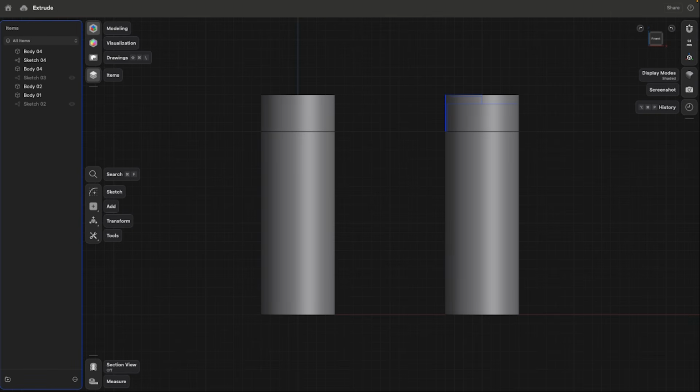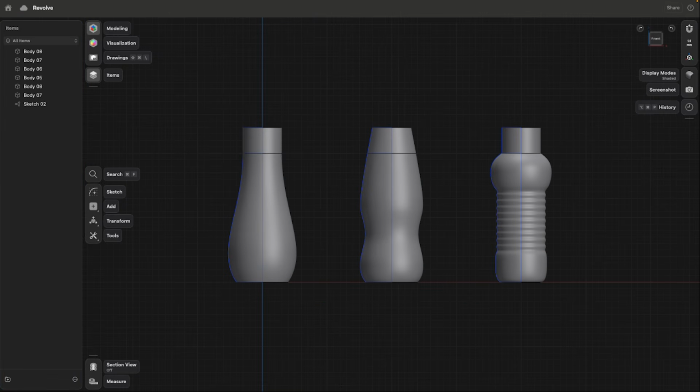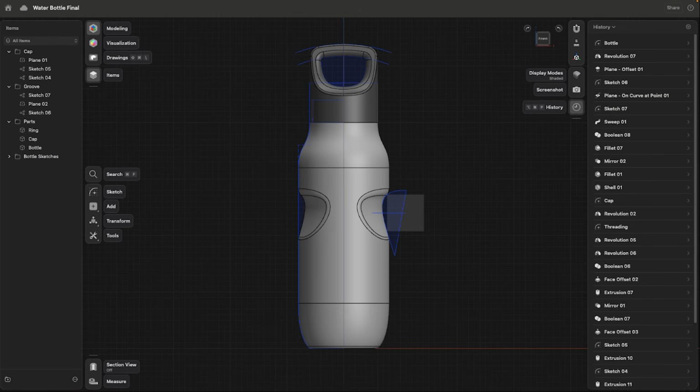I will show you specific use cases how you could use Extrude or Loft or Revolve to design specific shapes. And then we apply everything that we have learned to design this water bottle you see here, in which I'm